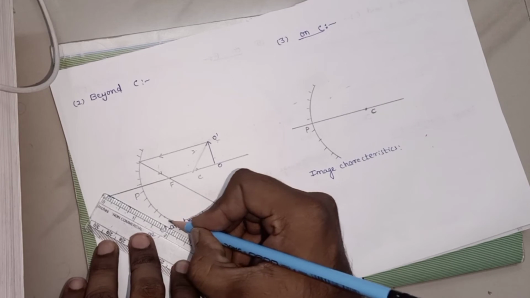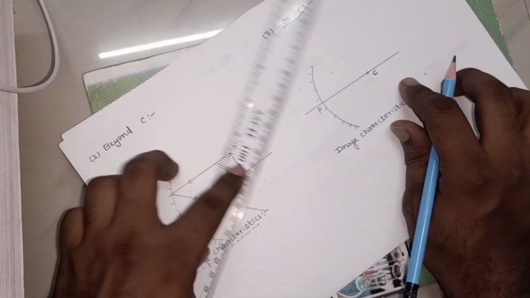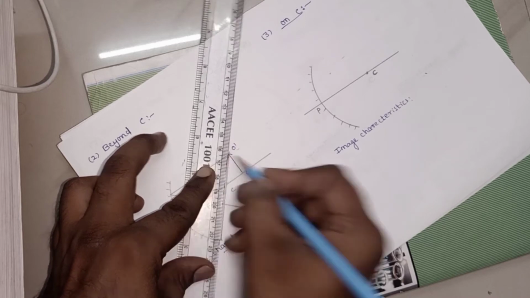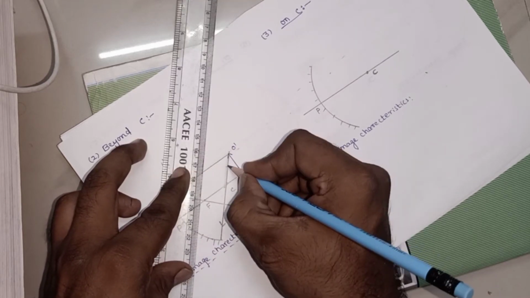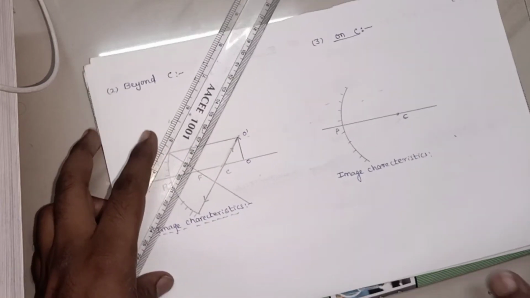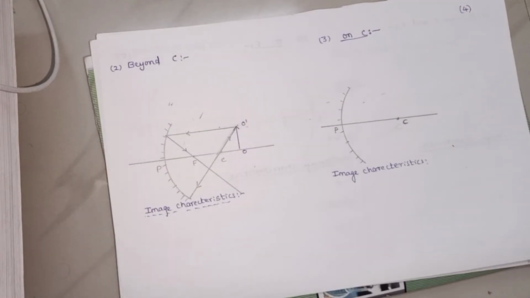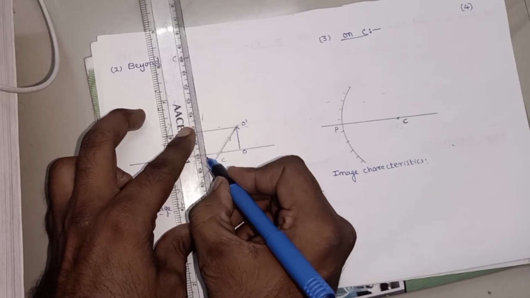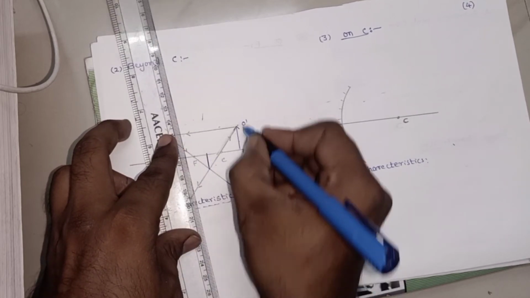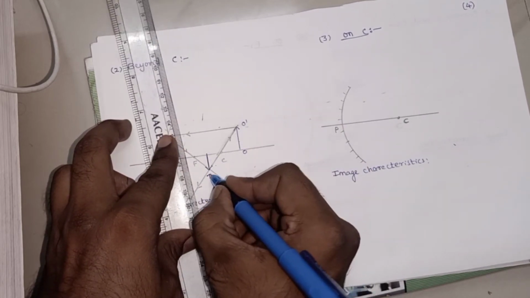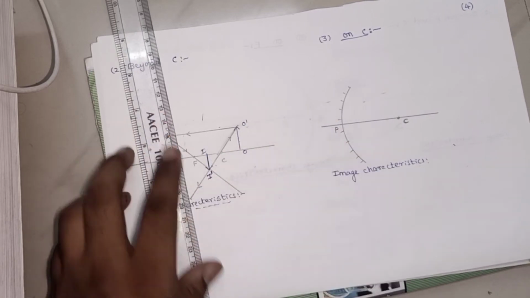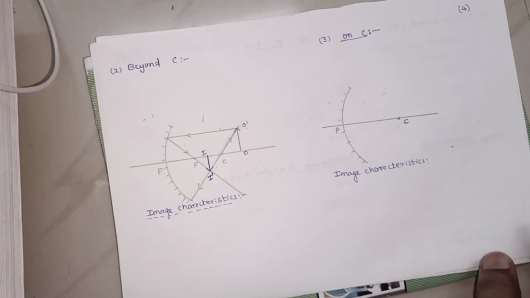The ray which is passing through center of curvature. Now how will you get the ray? The ray which is passing through center of curvature, after reflection it retraces its actual path. So this is our reflected ray. Now where will you get the image? Here the point of intersection of the two convergent rays will give the top of the image. So the image of O dash will form at I dash. This is I.